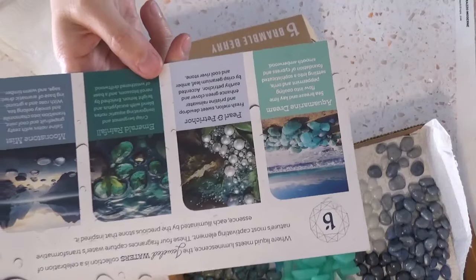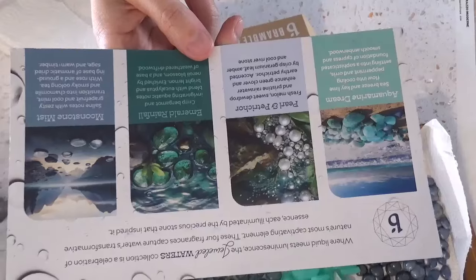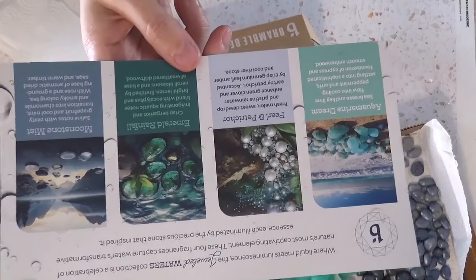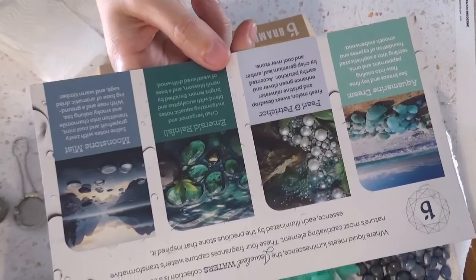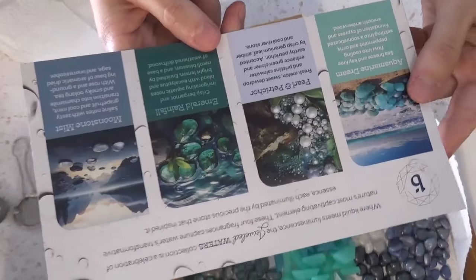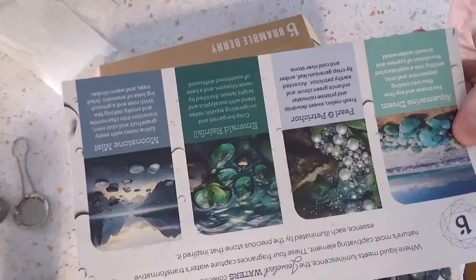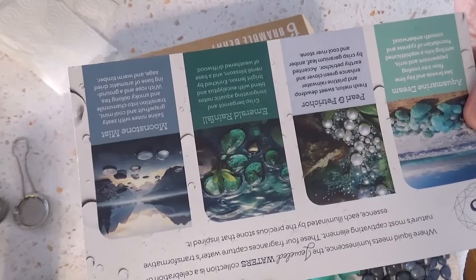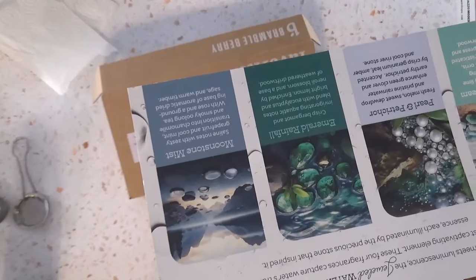and amberwood. Pearl and Petrichor, fresh melon, sweet dewdrop, pristine rainwater. This one really smells just kind of that clean, airy, like out in the forest after a rain, fresh rain kind of smell. Emerald Rainfall, crisp bergamot, with aqua notes of eucalyptus and bright lemon, and Moonstone Mist, which I